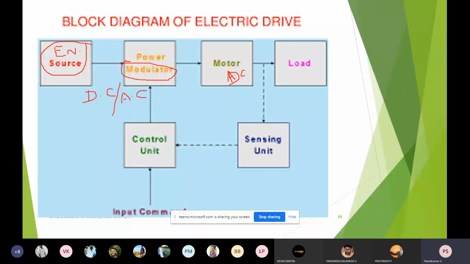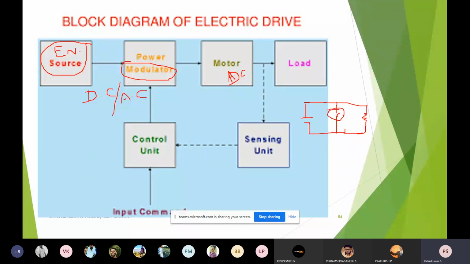A very large majority of the circuit configurations are power electronic circuits only. These power electronic circuits in turn use fast acting electronic switches. For the sake of understanding, because you are all from other departments, I am saying that if it is a DC supply, this example we have already discussed. Once again I would like to highlight the same. I have one switch, and another one, a resistor. A resistor load is there.